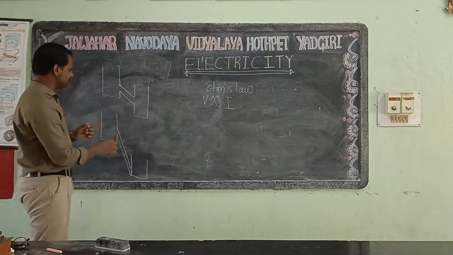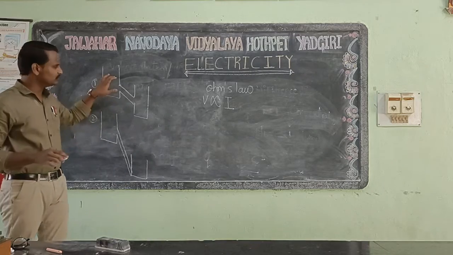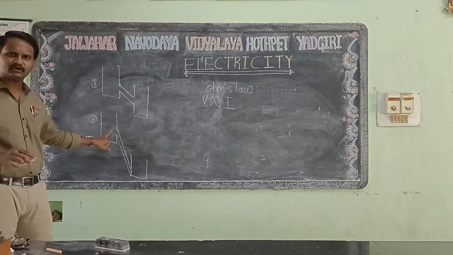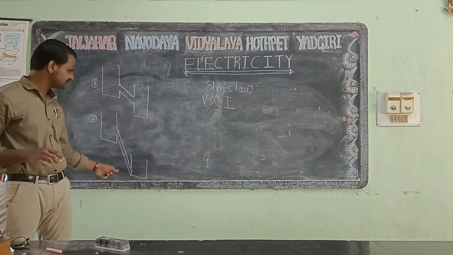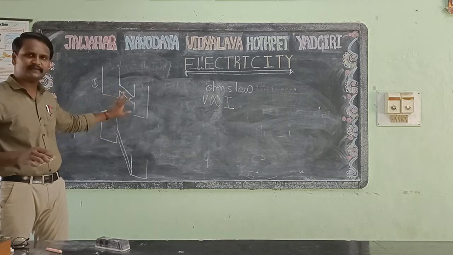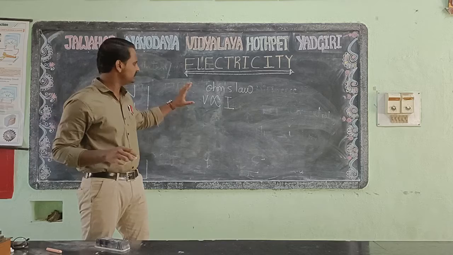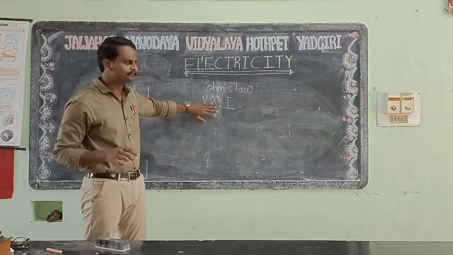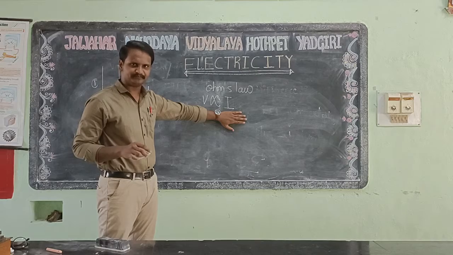Now in the first scenario and the second scenario, the flow of water will be more in the case of the second, because there is the high potential, or maximum height difference. That's why the flow of water will be maximum. The same situation is explained in Ohm's law. When the potential difference is maximum, the current flowing through the circuit will also be maximum.